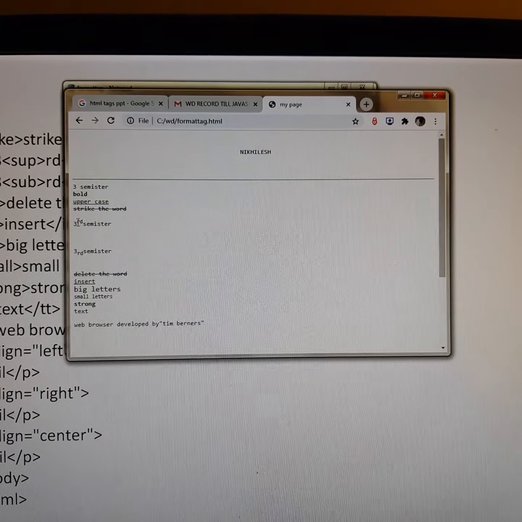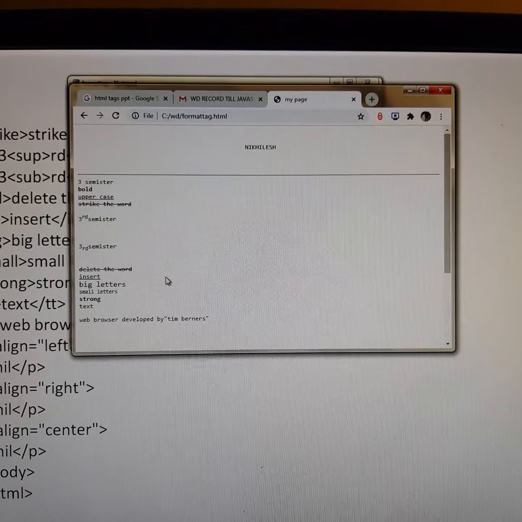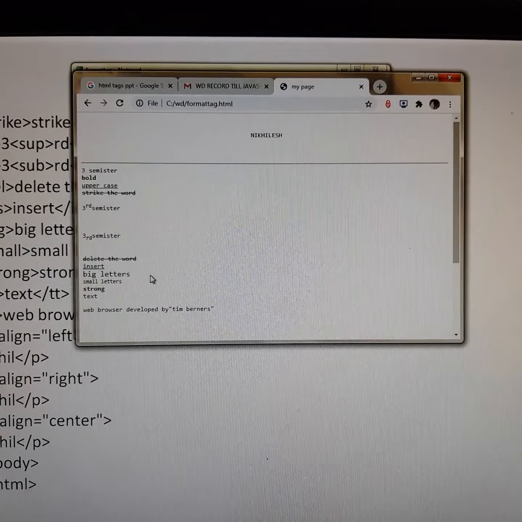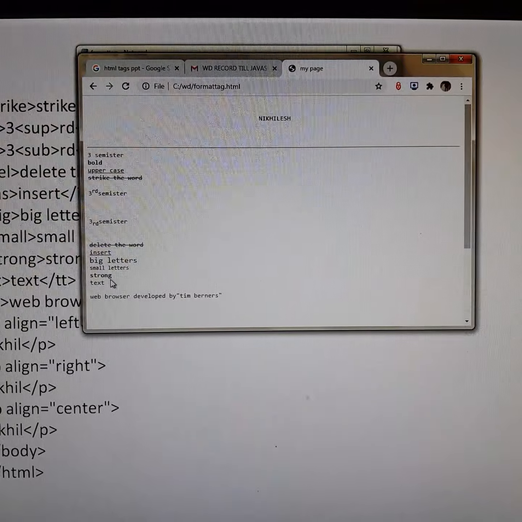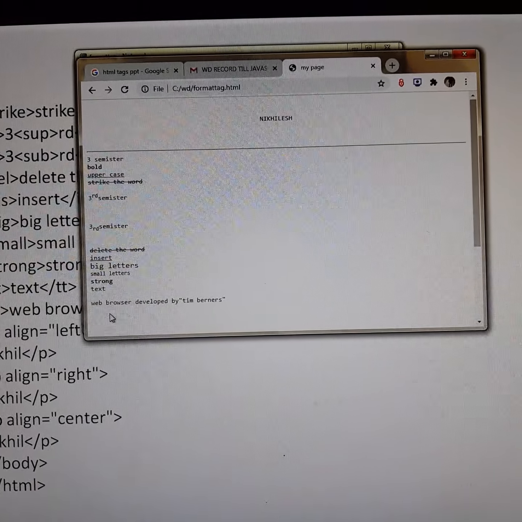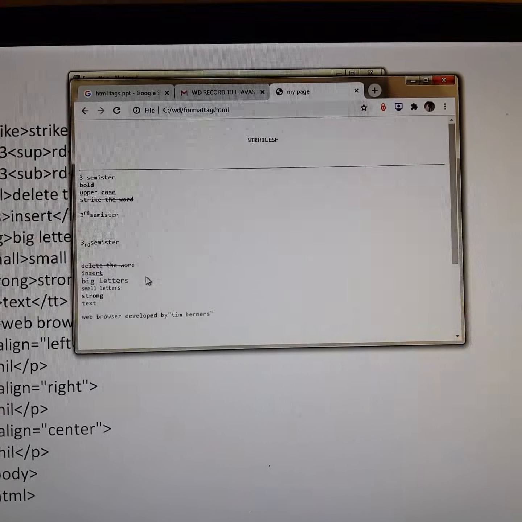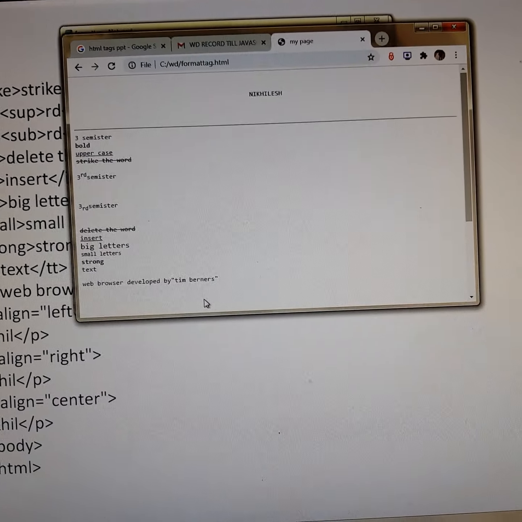So I used superscript, I got this, subscript I got this, deleting means it is striking, insert means I will get underline, big letter, small letter, strong means bold, then within double quotes I got the text. So this is what we got.